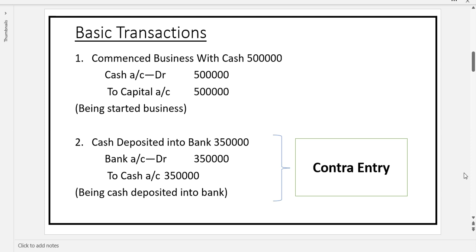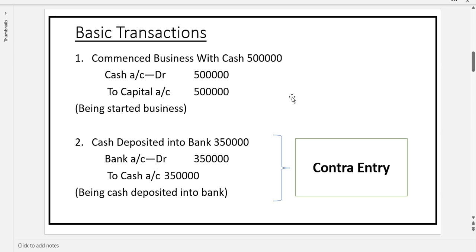Whenever you are investing, the amount is coming inside. That's why we have debited the cash. The simple rule you need to remember is that debit means in and credit means out. So you need to think whether the cash is coming in or going out. If it is coming in, put it on the debit side. If it is going out, put it on the credit side. Here we have started, so the cash is coming inside the business. That's why we have put it on the debit side. So cash account debit to